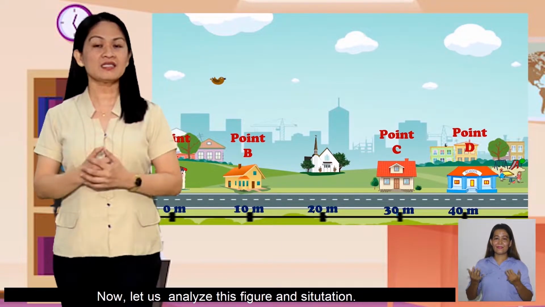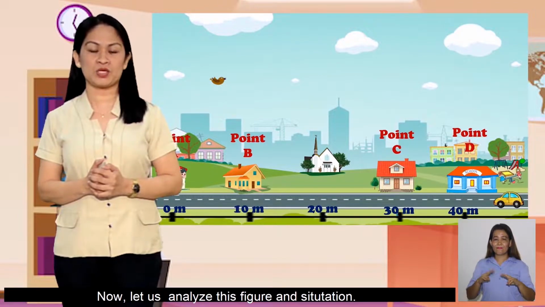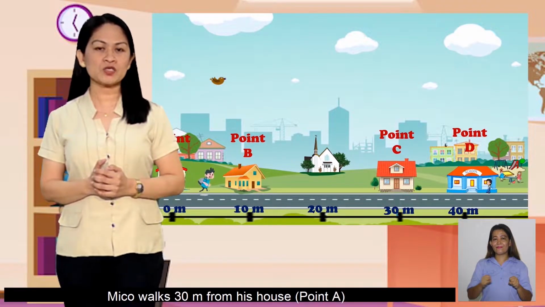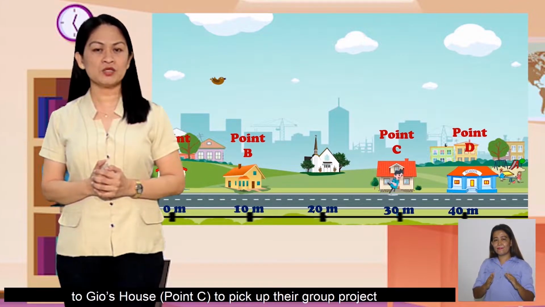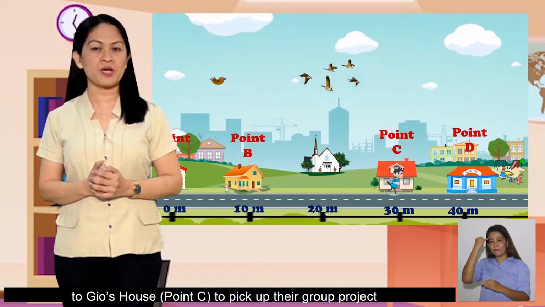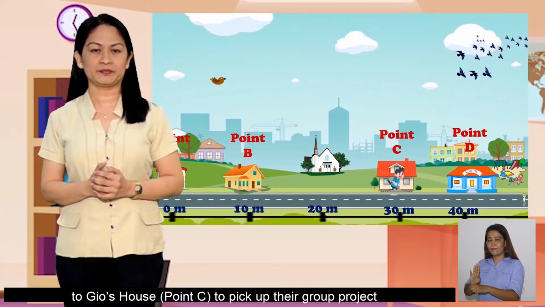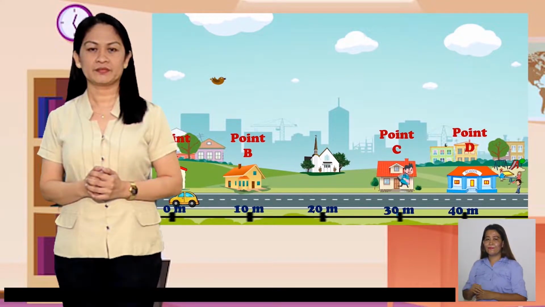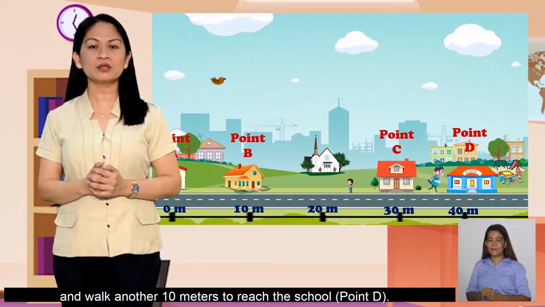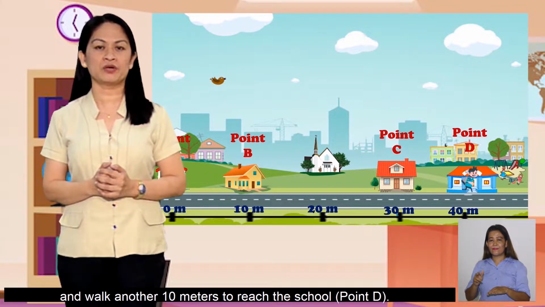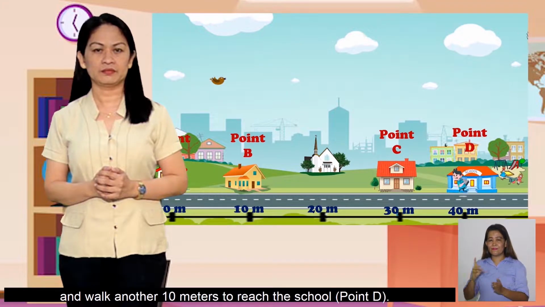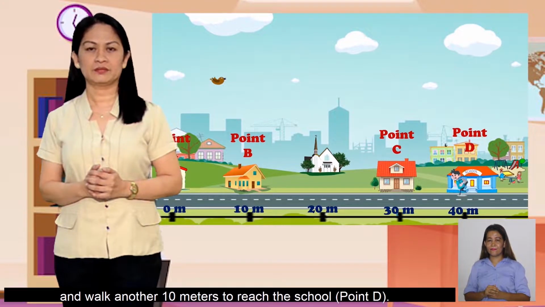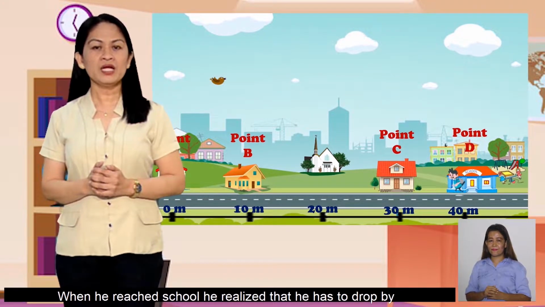Now, let us analyze this figure and situation. Miko walks 30 meters from his house, point A, to Gio's house, point C, to pick up their group project, and walk another 10 meters to reach school, point D. When he reached school,